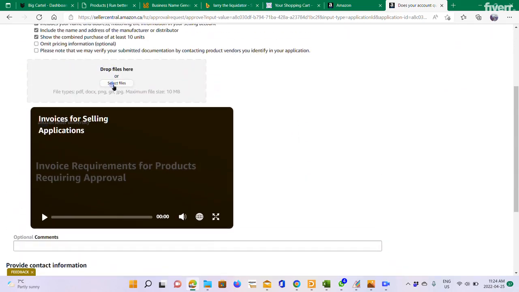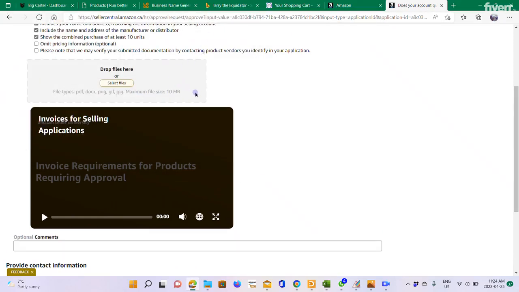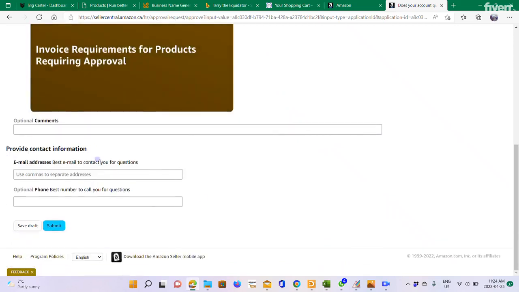as you see here, you can attach your invoice. You can click over here and attach your invoice. Also, you will attach the products. You have to pick a picture that shows you have all of them together. You can gather them on the table or somewhere, take a picture of those products, and attach it here. Also choose how you want to be contacted, by phone or email, and you click submit. Guess what? 90% of the time you get approved,